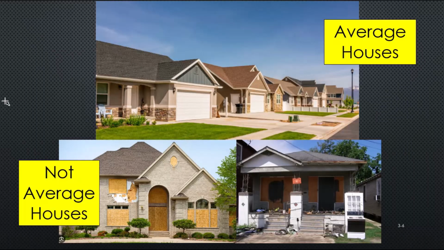Think about housing. Look at this. These are average houses in an average neighborhood, and they probably all have about the same price point within a little bit of each other because they're all the same. But down here we have some not so average houses. Now what if I took this house and put it over here into this neighborhood? The value of all these houses would drop. The average price would come down because this house is obviously pulling. It's an outlier. It's pulling the value of these houses down, which is what we do not want, obviously, in real estate.